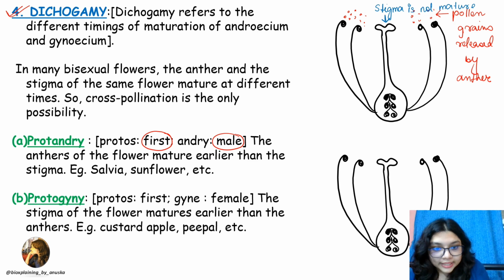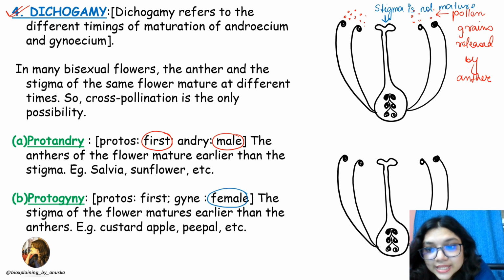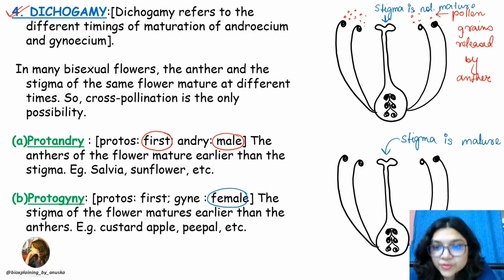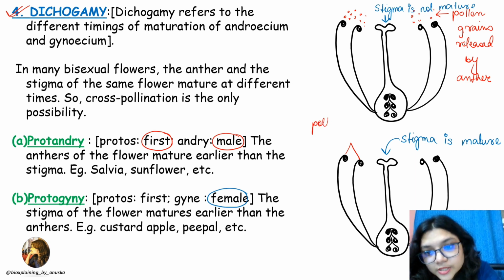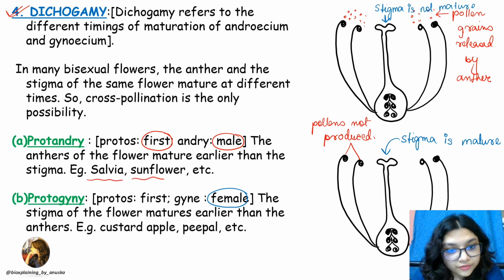So what is protogyny? Protos means first and gyne means female, right? So in this case, say the stigma is receptive. Stigma is mature or receptive. So the stigma is ready. But what has happened to the anthers? The anthers are not ready to release the pollen grains. They have not matured. So pollens are not produced. Okay, so protandry can be seen in plants like salvia and sunflower,